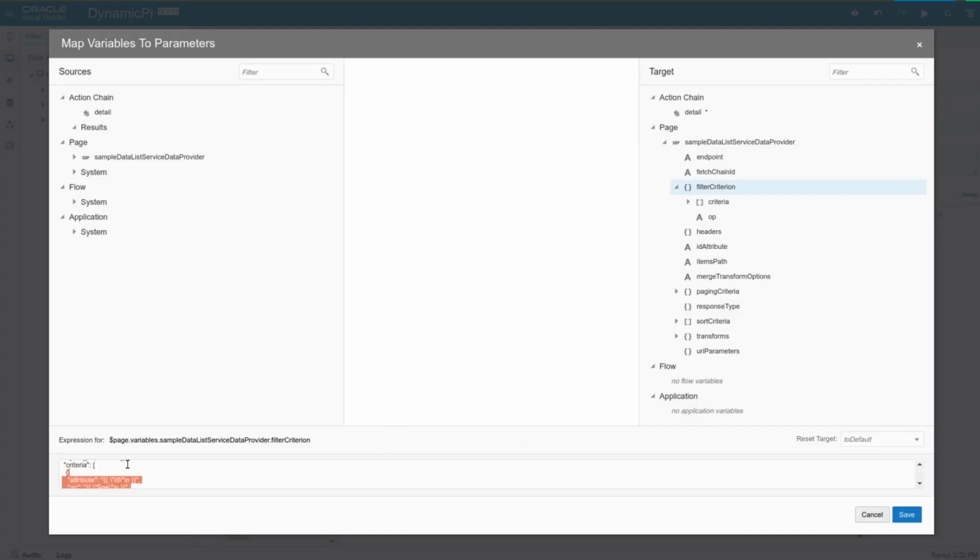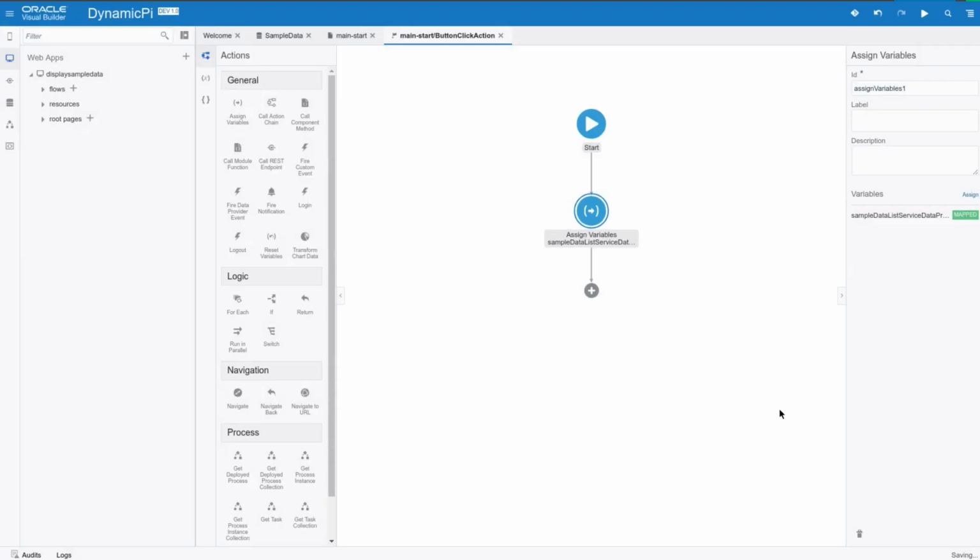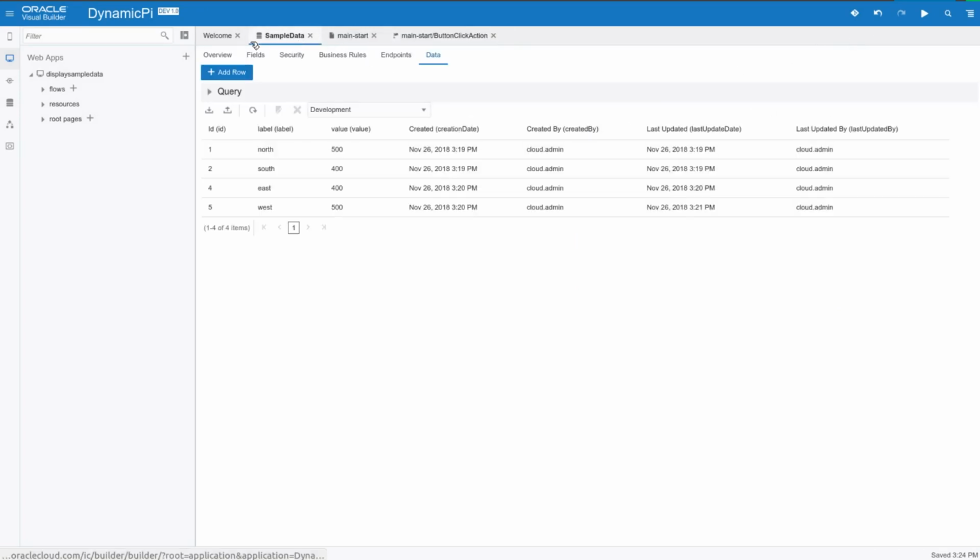So I won't go into this here, but I'm basically just saying that if the ID is equal to 0 or not equal to 0, then I want to display it. So all the IDs are greater than 0, so that's easy. So I had this filter criteria in here just to return, and that updates that sample data list service, which will then in turn update the chart data. So now if I go back and run this,